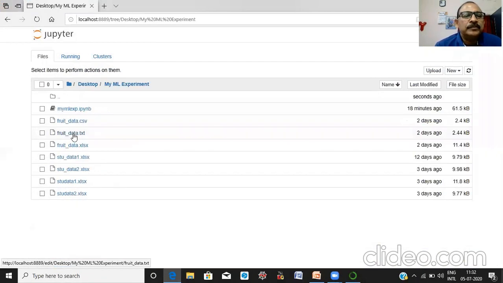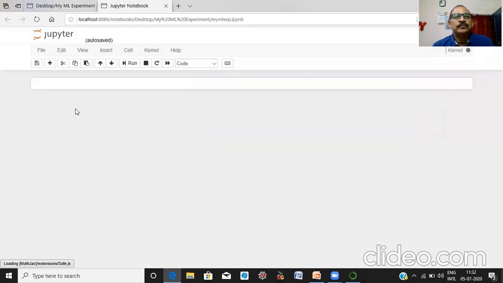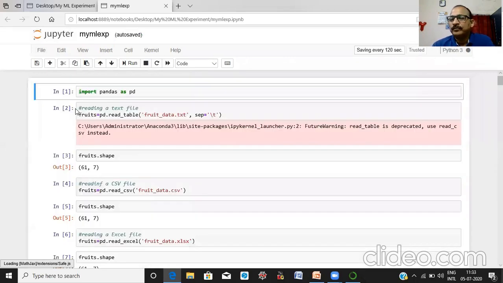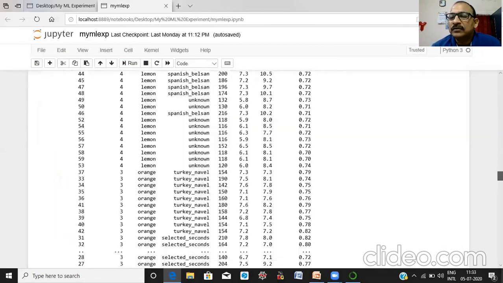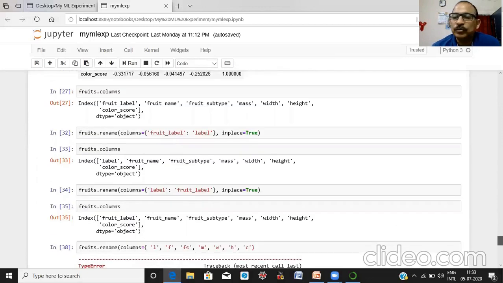This is the directory, the name of the file. These are the previous work. This is the notebook. All the previous work is in this notebook.